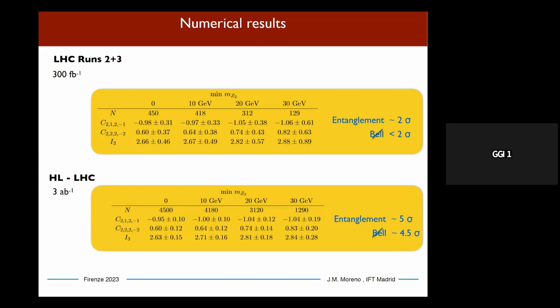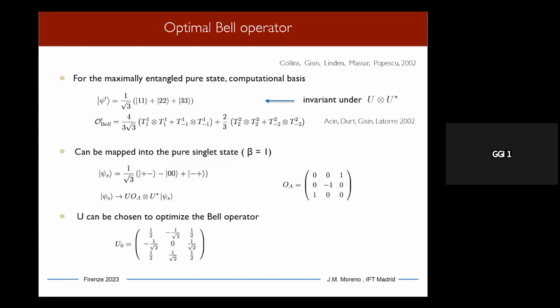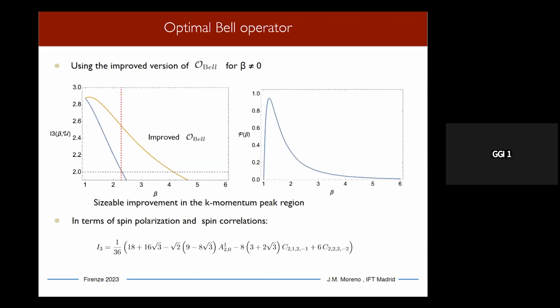So have you performed this trade-off analysis, like trying to find the best window, pre-selecting the beta? You could do that. If you do that, the region that you will get will be the region that is close to one, because, as I think Jose Ignacio was mentioning before, the optimal operator for the singlet is not the one that produces a larger violation of the Bell inequality on another state that is not fully symmetrical. That is something amazing, but it's like that.